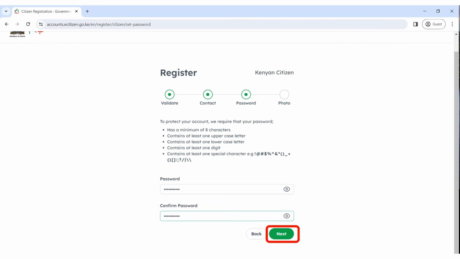The next stage is entering your password, the password you'll be using to access eCitizen. So make sure that your password has 8 characters, has an uppercase, has a lowercase, has at least 1 digit, and has a special character. It's advisable not to use your name or your ID number as a password, as many people can get